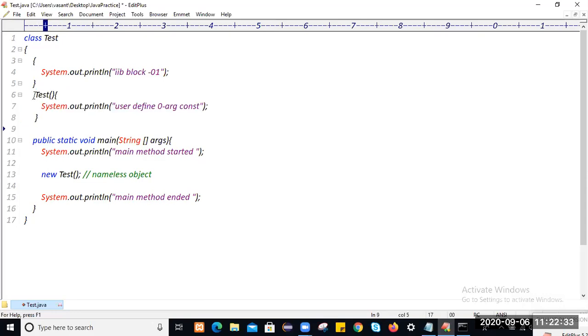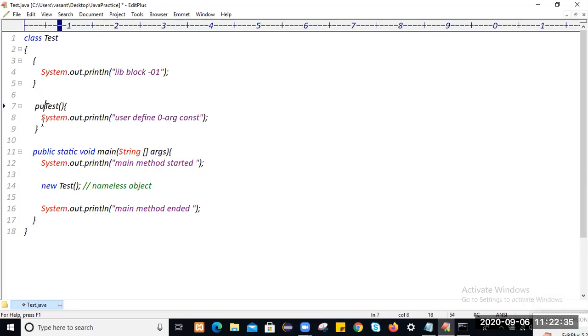You can use a modifier with the constructor, not an issue, but a constructor doesn't allow any return type, unlike the main method, whose return type is void. So which will get executed first, the constructor or the IIB block logic? Let me know.